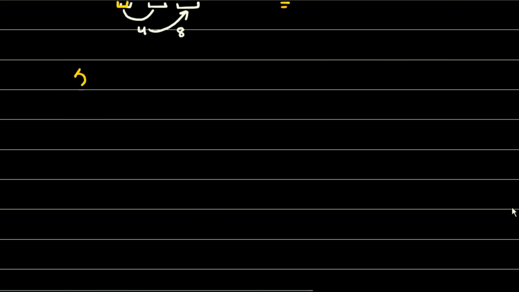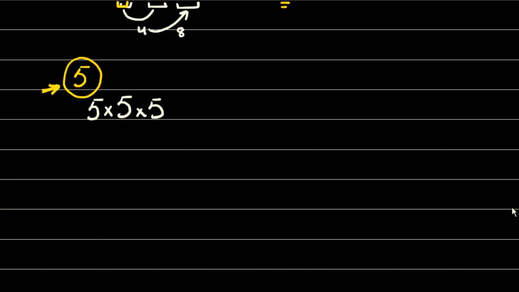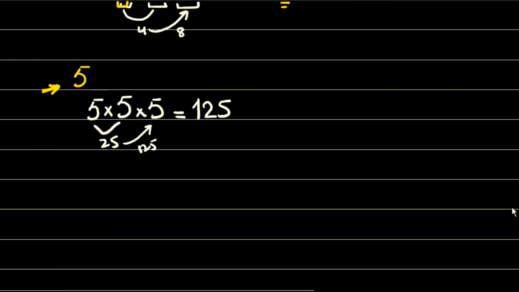I want to take the cube of 5. So I need to multiply this 5 three times, a number multiplied 3 times with itself. I will multiply 5 one time, second time, and again a third time. Then we will get the answer, and that answer will be 125. How do I know? Because 5 times 5 gives us 25, and after multiplying 25 with 5, we will get 125.